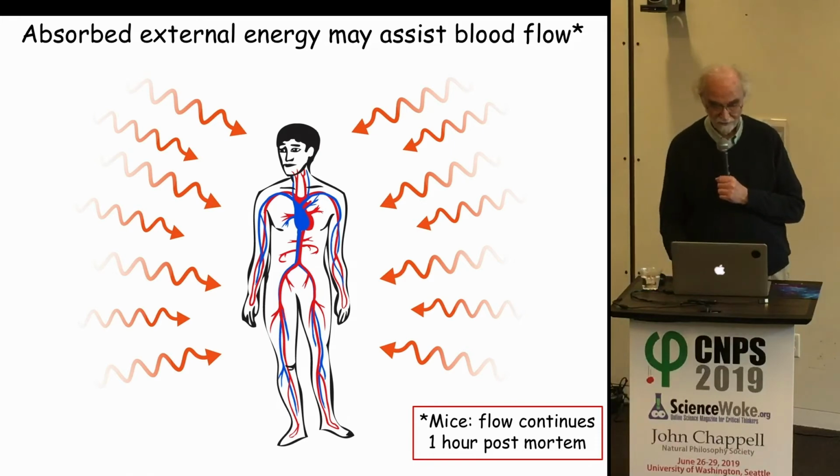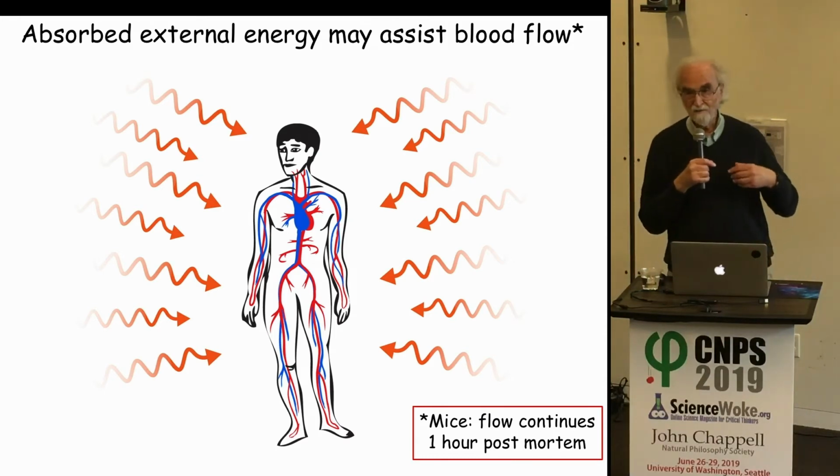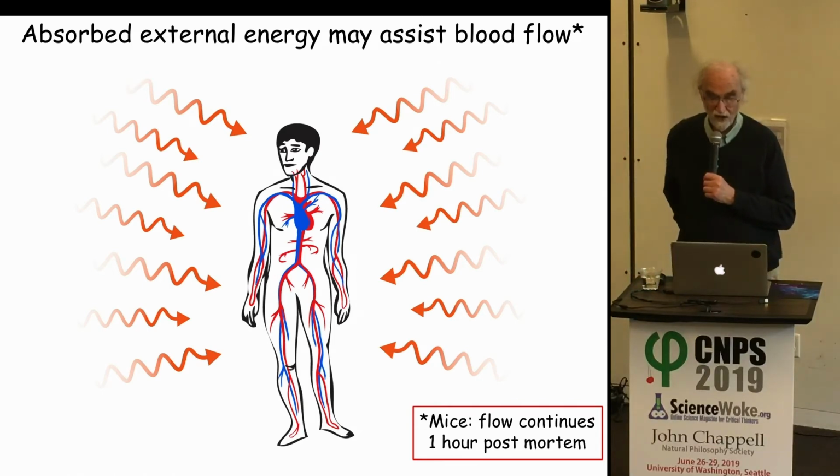And the one study that really impressed us was one published about 5 or 6 years ago, an Israeli study on mice. And they were measuring capillary blood flow using a powerful optical technique to see the capillaries, optical coherence tomography. And they reported that they were doing the experiment on the mouse, and after they finished their experiment, they sacrificed the mouse by clamping the aorta. And the mouse is dead within 10 seconds. The heart stops beating. But the flow continues. They've got their flow meter recording flow. Of course, it's a reduced velocity, but it just keeps going.